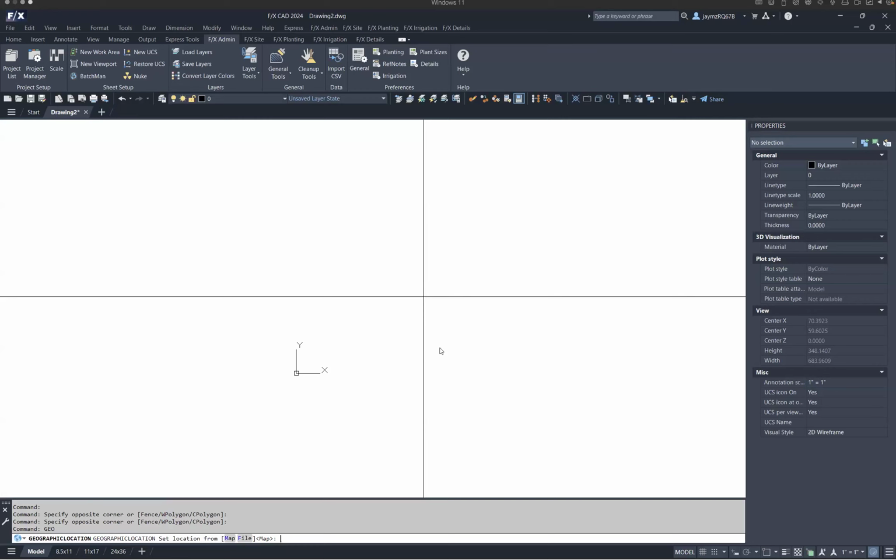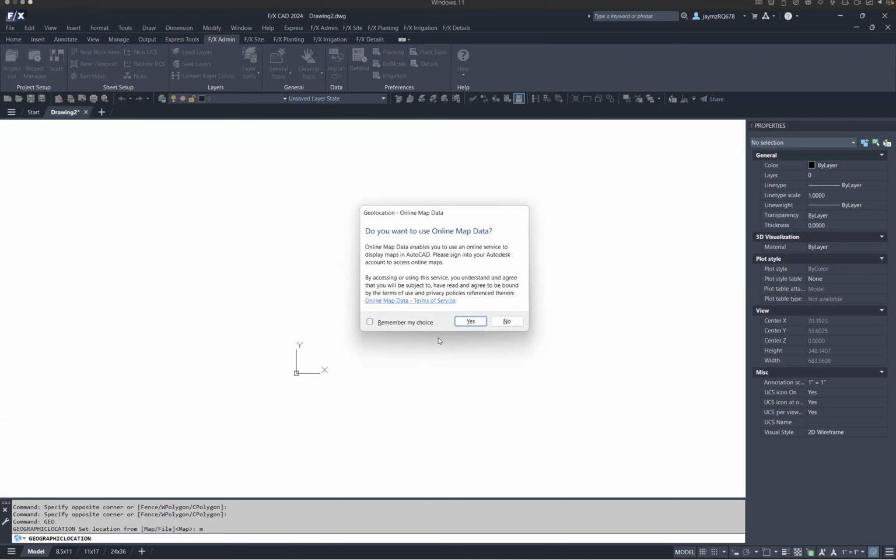For our purposes on using this geographic location tool, we want to use the map, and you can see at the end of the line there, it's already set to map. So we could just hit enter if we wanted and continue with map, but let's say it was on file right now. All you have to do is type the blue letter that it's showing you and then press enter, and it's going to know you specified that option. So we can type M for map and hit enter, and that's going to tell the system that we wanted that option.